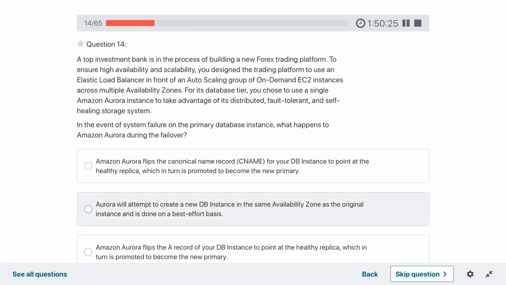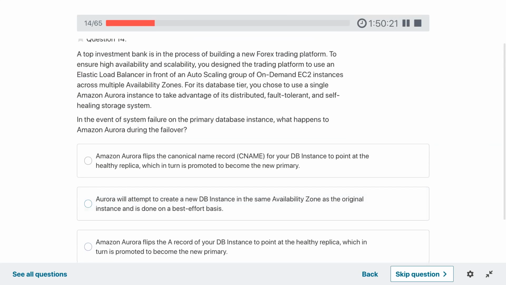A top investment bank is in the process of building a new forex trading platform. To ensure high availability and scalability, you designed the trading platform to use an elastic load balancer in front of an auto scaling group of on-demand EC2 instances across multiple availability zones.